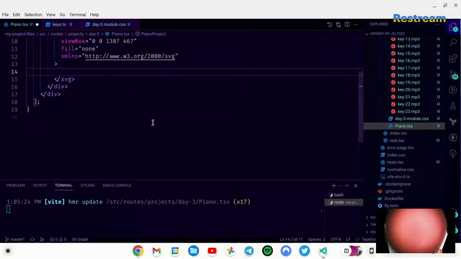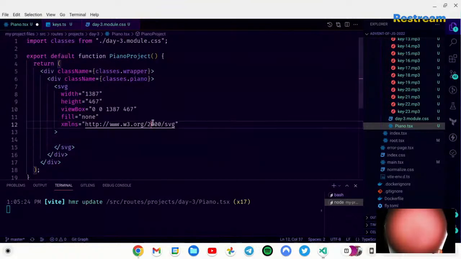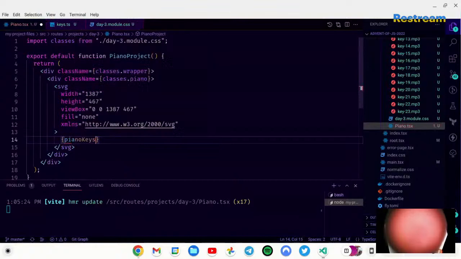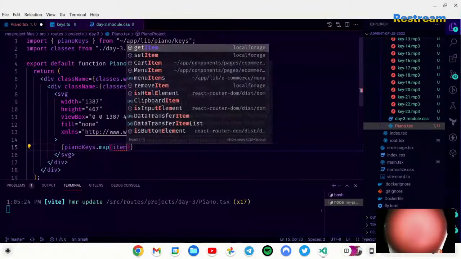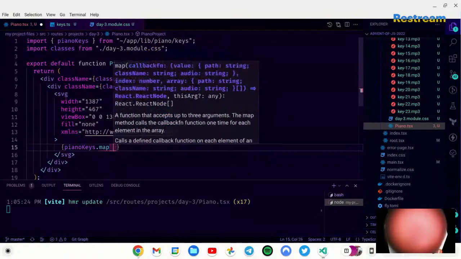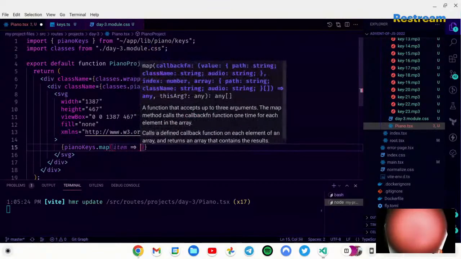Right. And I don't really think I want to have a component because this is just so simple. We can keep everything here. I don't really want to create a component and go and manage things there. Yeah, this is extremely simple, so let's keep it here. So let's say piano keys dot map each item, right? Each item, yeah. What do we want to do? We want to return